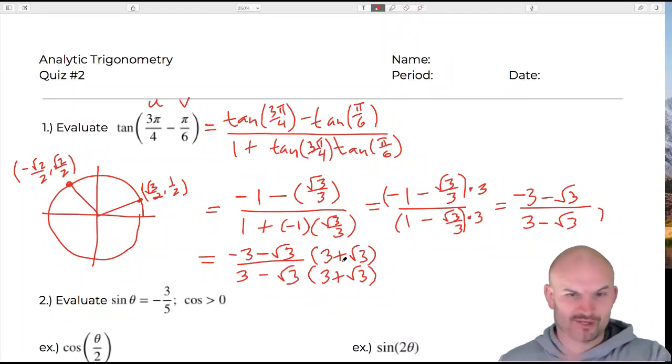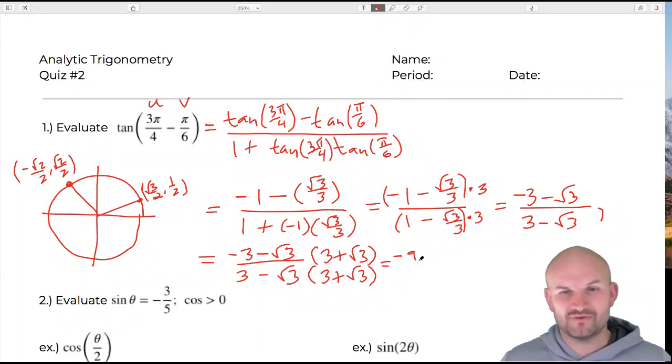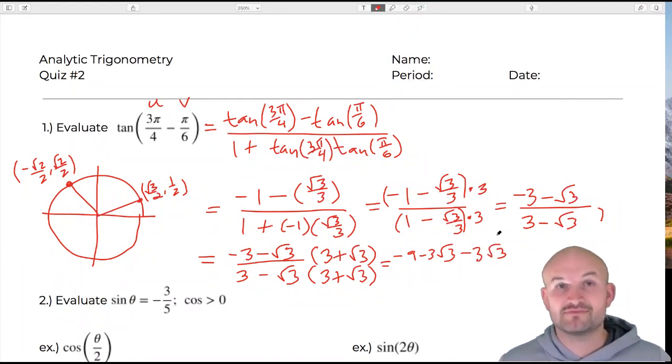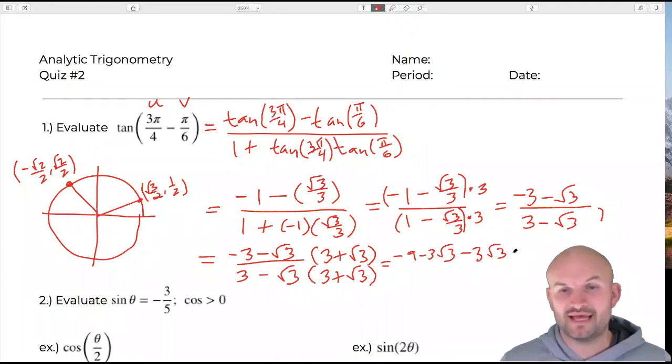I really don't like doing work from the right to the left, but that's just the way that I have here. So in this case, I'm going to have a -9, and let's see, minus the square root of 3. And then another minus the square root of 3. Sorry, minus a 3 square root of 3, right? And then negative square root of 3 times positive square root of 3 is going to be a negative 3. And that's all over